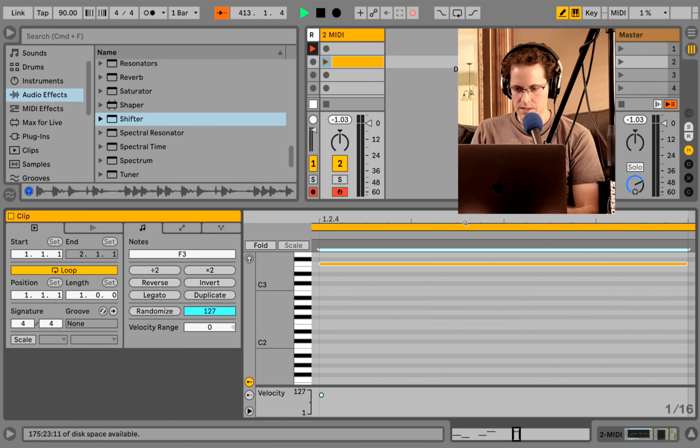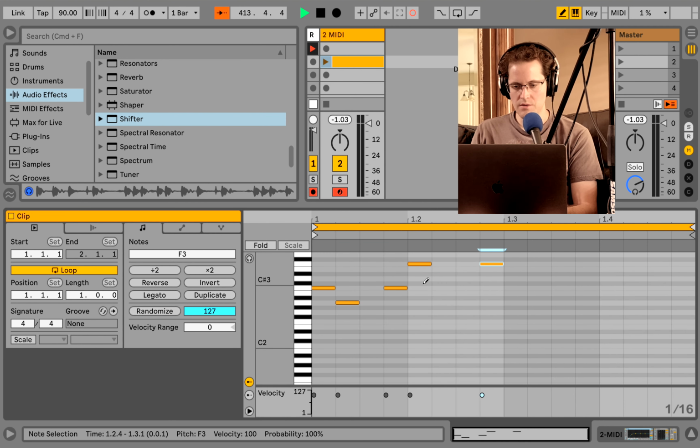It's kind of a tough way to produce because you really have to know what sounds good, and maybe change up some of the grids down here.